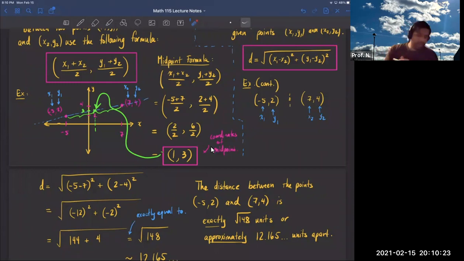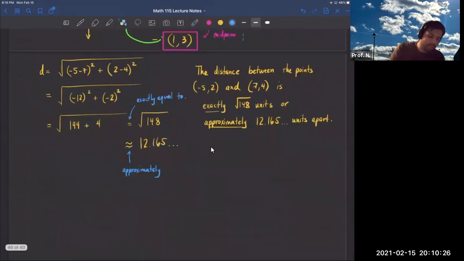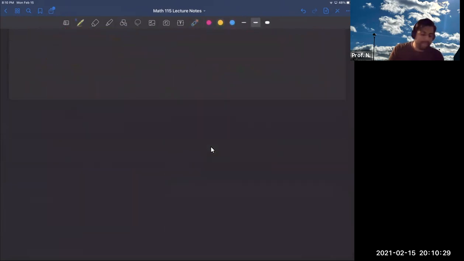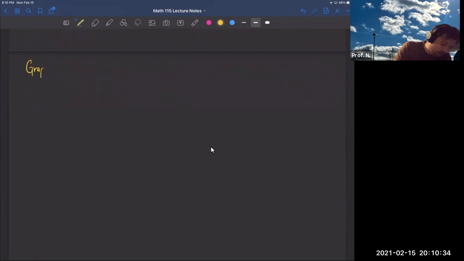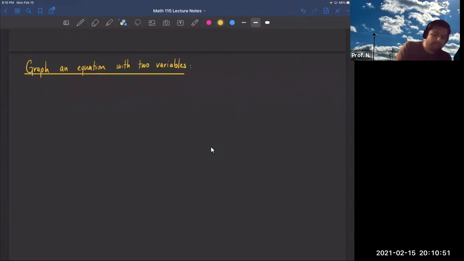Okay, so there we are. We have these two major formulas that we discussed about the Cartesian plane. And now I would like to show you how to graph an equation with two variables. A lot of times we're going to be dealing with equations that have two variables. In particular, one is the dependent variable and the other one is the independent variable. In other words, we have a y variable and an x variable. So for example,